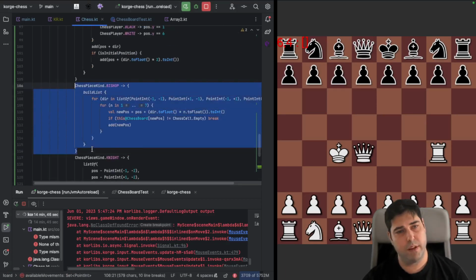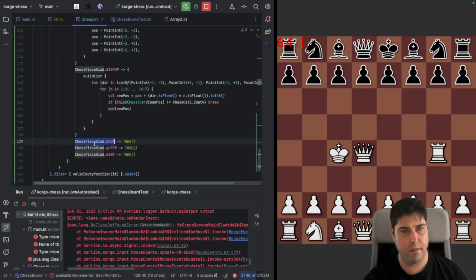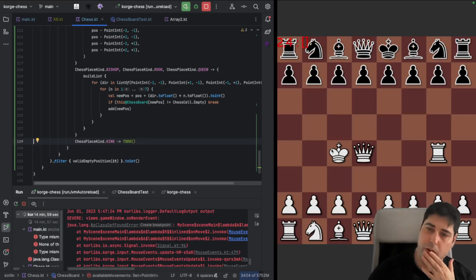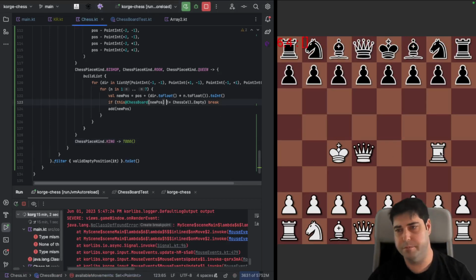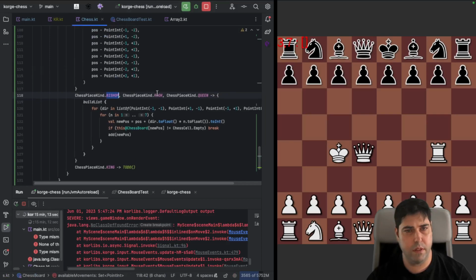So I'm going to actually implement them at once because this is going to be really similar. This is the rook. The rook, the queen, the bishop,